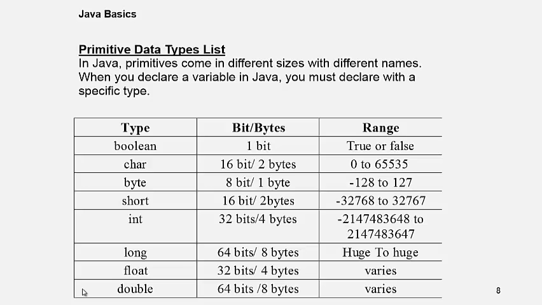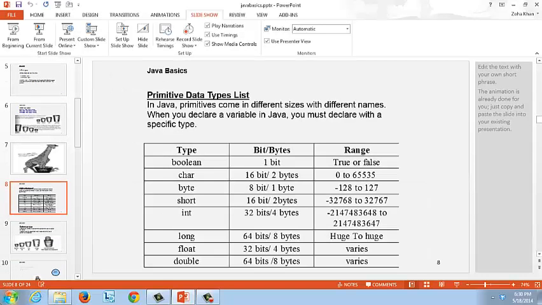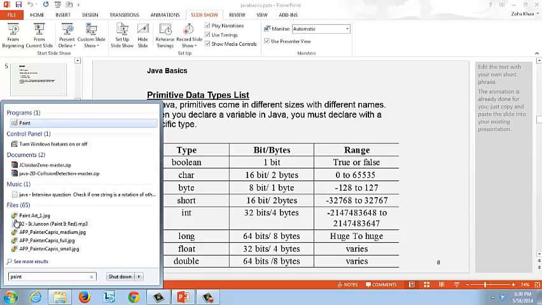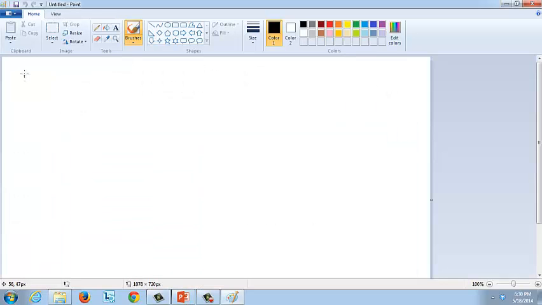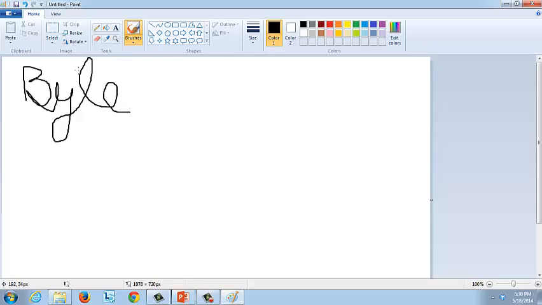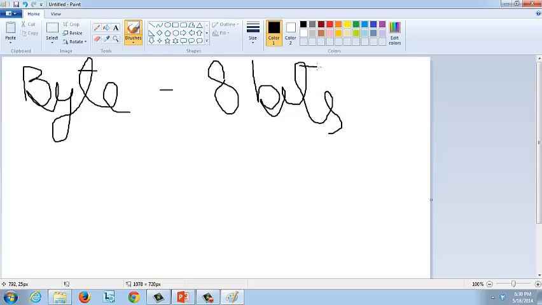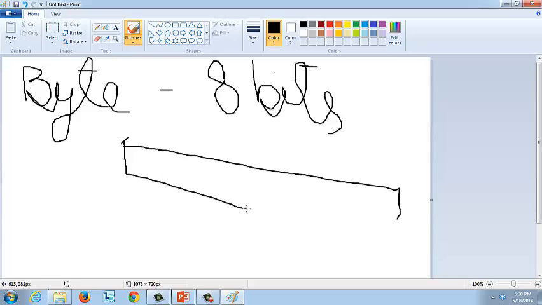And for calculating the range, there is a very good way. For example, you are calculating the range of byte. Byte is of 8 bits. Allocate a block of 8 bits in the memory for putting this byte variable.